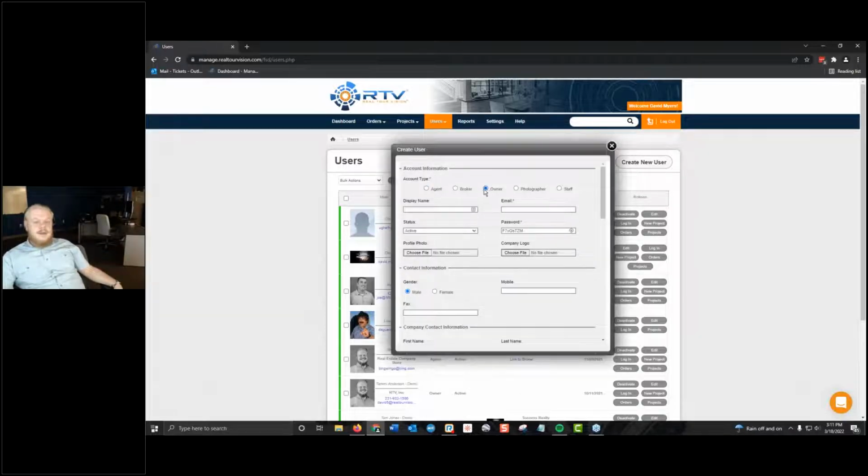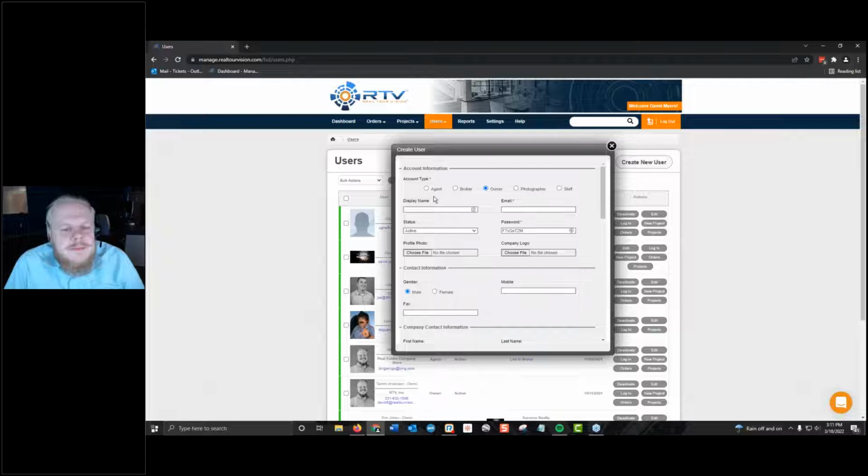Then there's owner. This one we generally would reserve for a property owner of a property that's not necessarily for sale, or if it is, it might be a for sale by owner. But this would be if you do a tour for a business, or a restaurant or a nonprofit, whatever it would end up being, the person who hired you to do the tour would be listed as